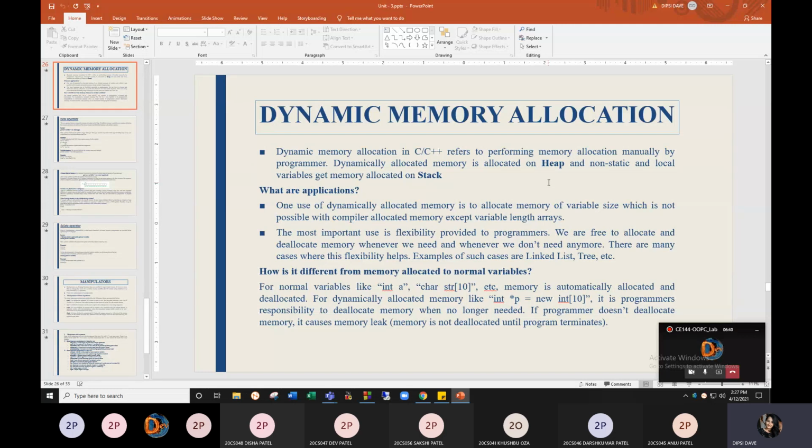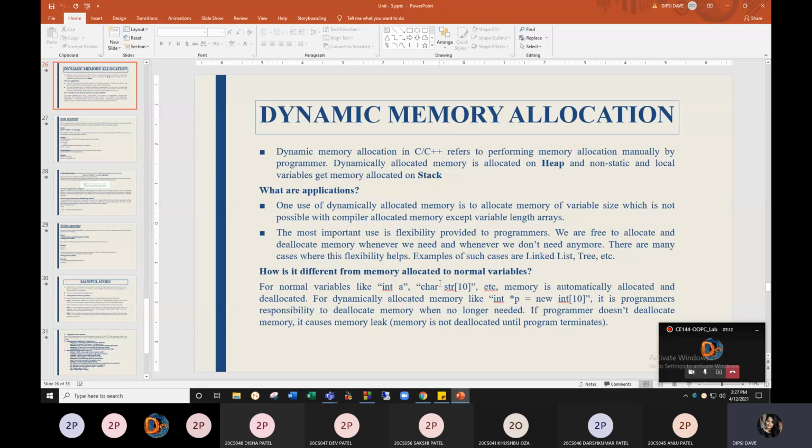So basically, when you are developing a program and dealing with arrays, suppose you have created an array of size 100, but you are not actually going to use it all. So at the time of writing a program, according to the need, you dynamically allocate memory and destroy it. So according to your need, the memory is getting allocated.